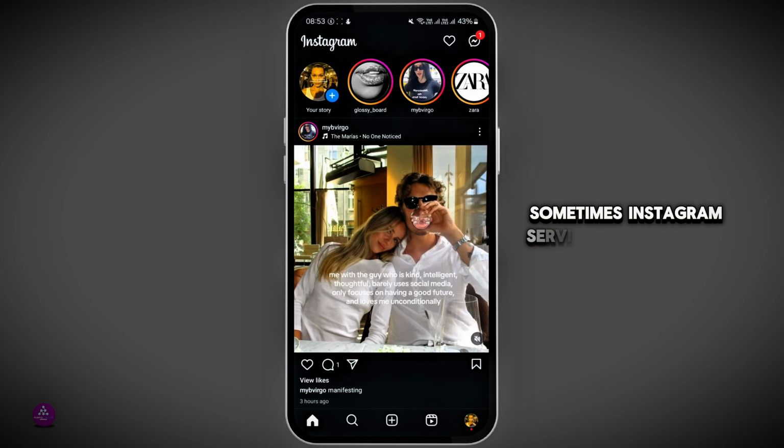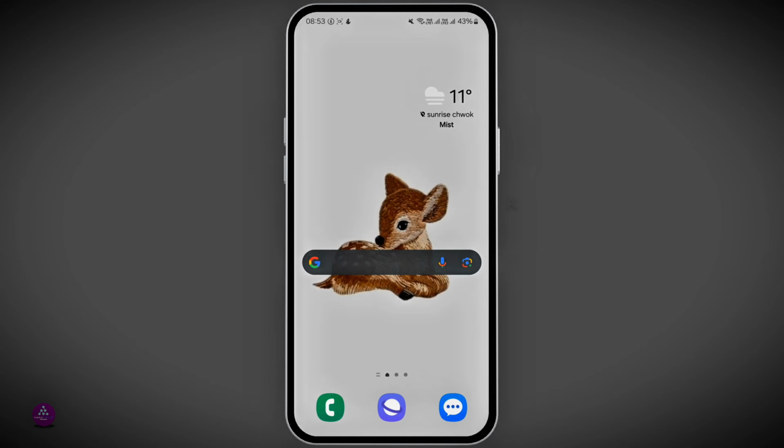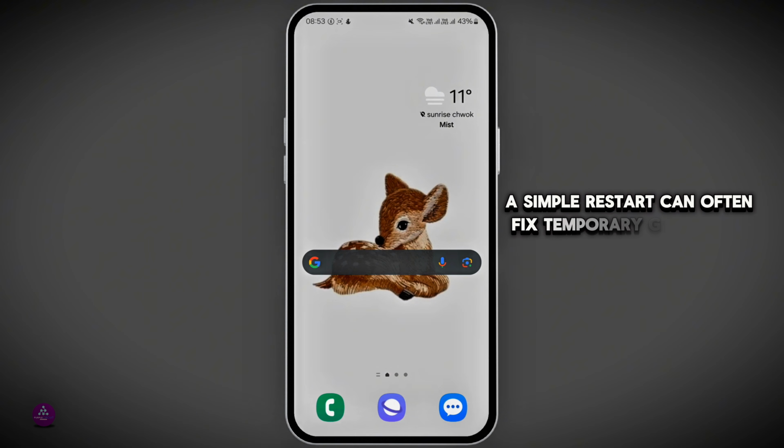Sometimes Instagram service might be down. Check if others are experiencing the same issue using the platforms like Down Detector, and then log out of your Instagram account and log back in. A simple restart can often fix temporary glitches in your device connectivity or app